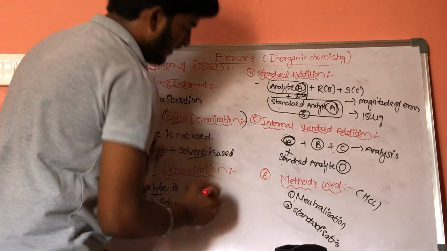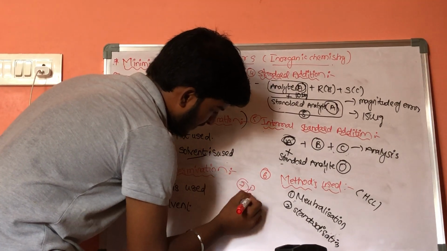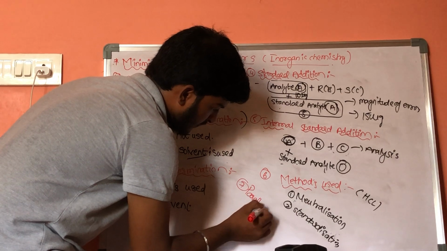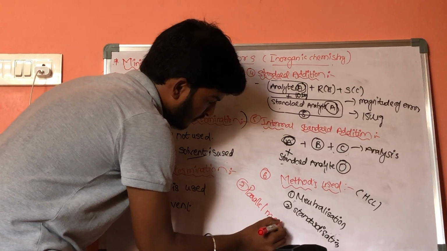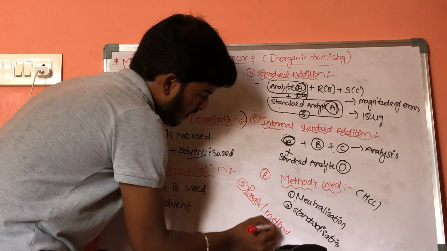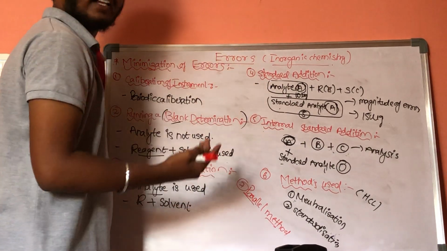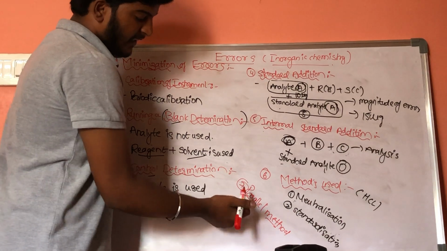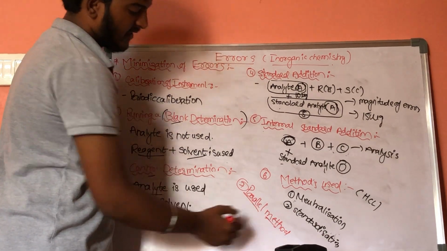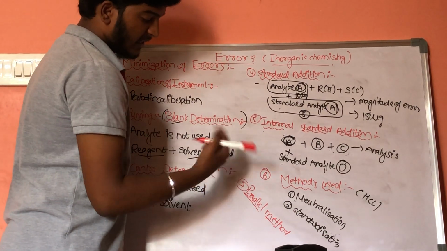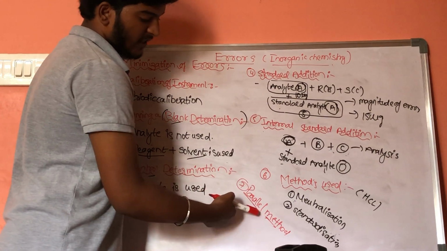Next, 7th one is parallel method. What is parallel method? In this parallel method, when we use only one type of analysis process, there may be chances of errors. If we use more than one method which are suitable to that